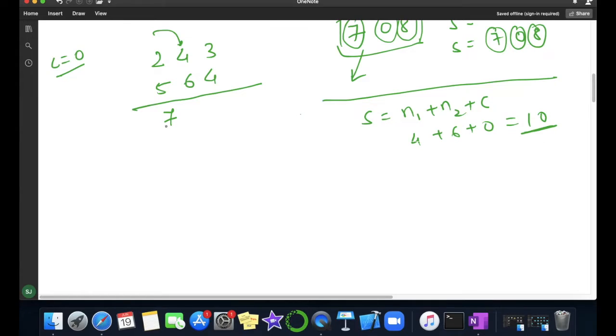Before this I got the value 7, so I will simply create a new node and pass this value as the node value. So we got the very first node here. Now for the second, the value we got is 10, which is 2 digit, correct? But our requirement is 0. So how to get that value?